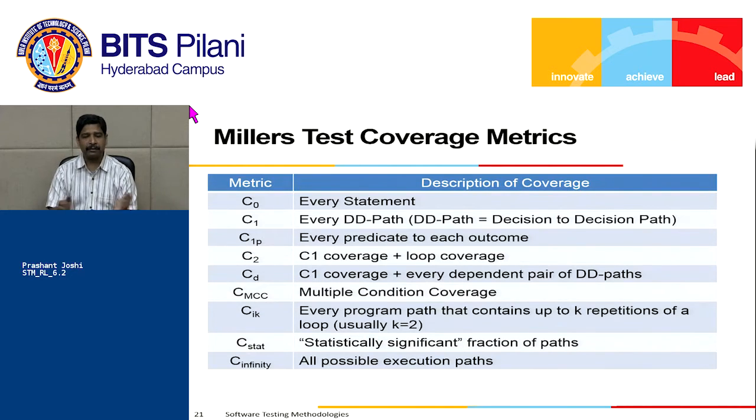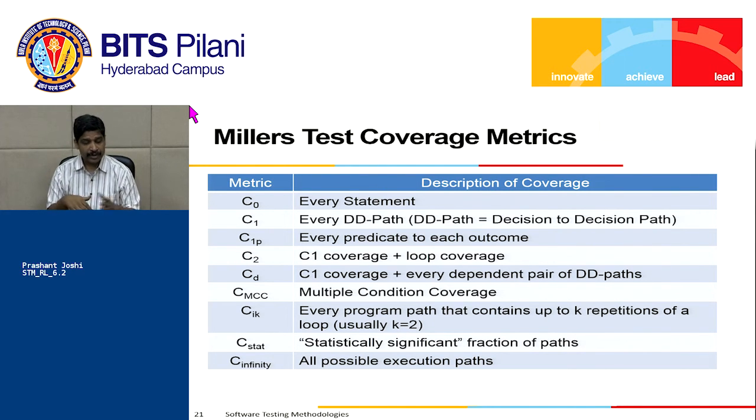And this is the metric that we have, which is given by Miller's test coverage metric. We'll quickly go through each of these. So we have every statement, that's what we look at. Every DD path, decision to decision path, every predicate to each outcome path, coverage plus loop coverage. So we have C1 coverage, that is C1 coverage plus loop coverage. We have C1 coverage plus every dependent pair of the decision path. Then we look at multiple condition coverage,